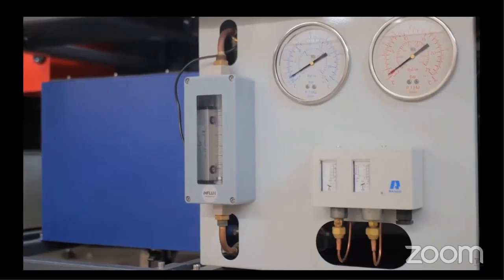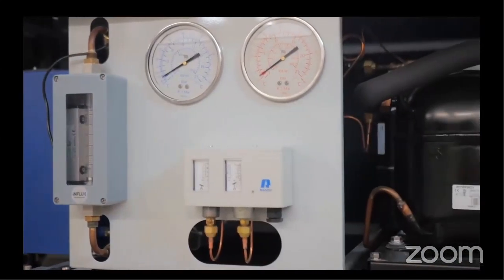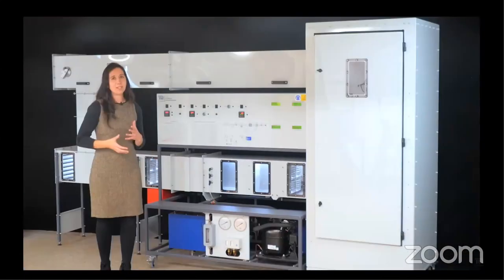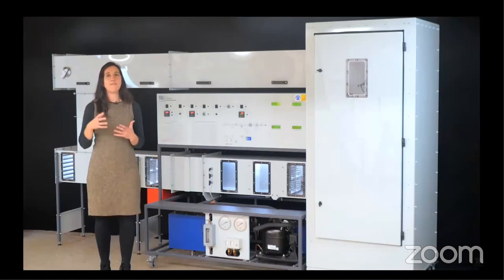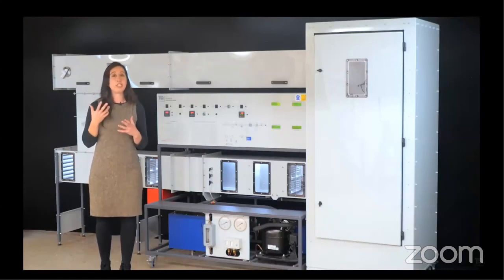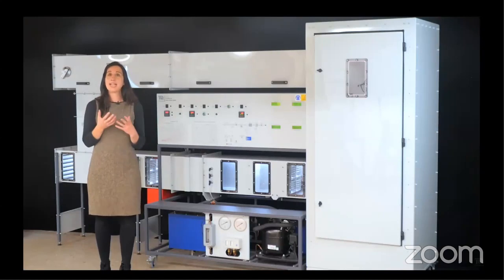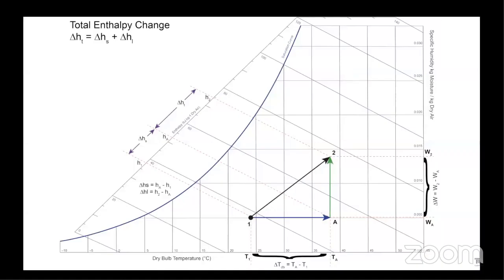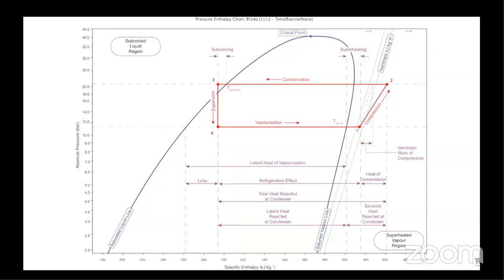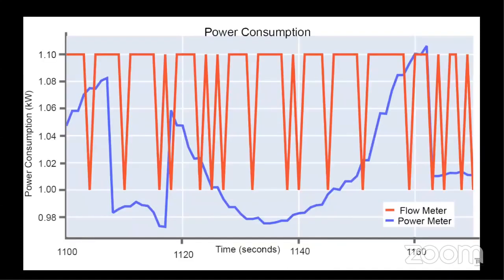For refrigeration, we have the water chiller that enables you to delve deeper into the topic for a full understanding of the vapor compression refrigeration cycle. While running experiments outlined in the user guide, you can plot the psychrometric cycle in real time, calculate and plot the data for the pH diagram, learn about superheat and subcooling diagrams, as well as understand the refrigerant mass flow